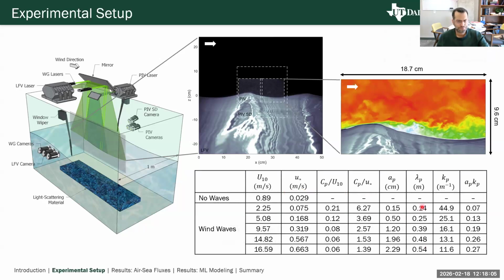All right, perfect. So we have done these experiments for a couple of different wind wave conditions. So we have different wind speeds. The wind speeds are varying from as small as 2.25 meters per second up to 16.6 meters per second. That is a very strong wind. And these are going to correspond to a wave with an amplitude as small as 0.07 up to 0.27. So here I'm showing some examples of